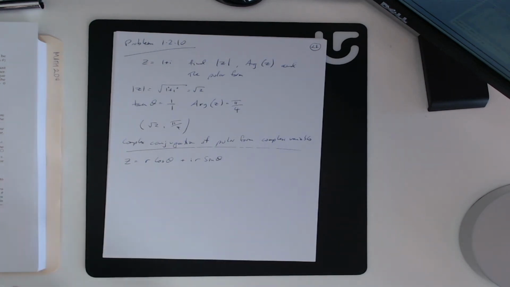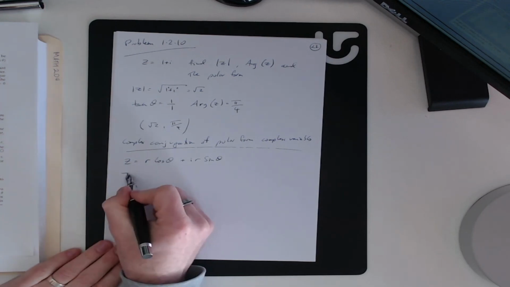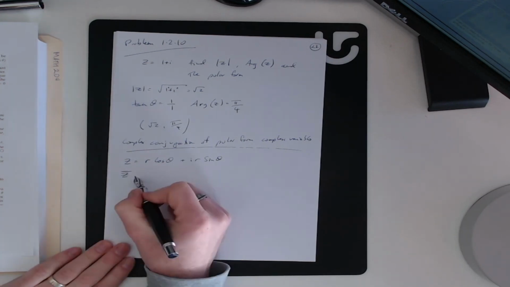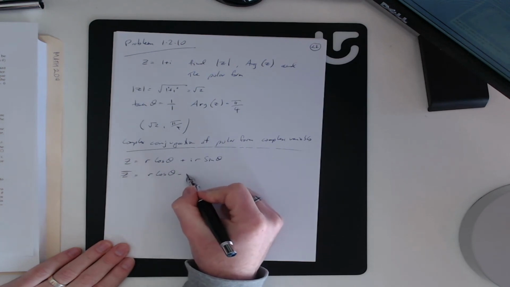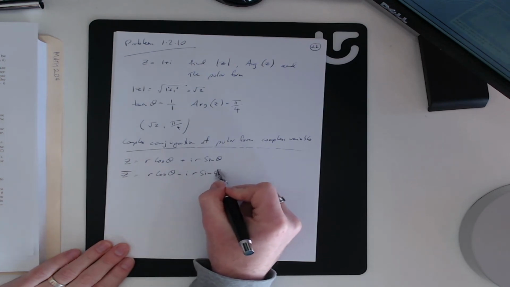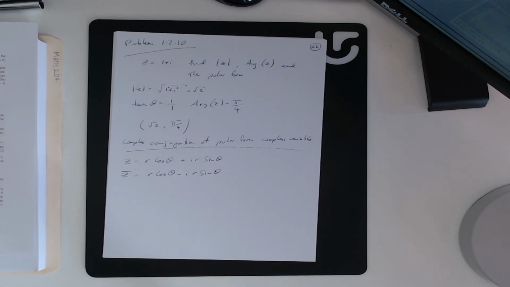Works exactly the same way, right? The complex conjugate is equal to r cos theta minus i r sine theta. But we can also think about it another way,